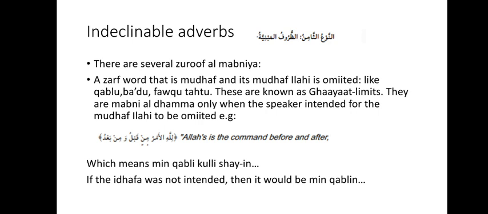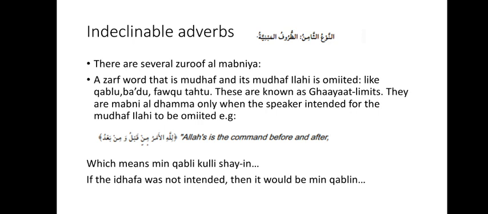But when a zarf word is mudaf and its mudaf ilayh is omitted, like qablu, ba'du, fawqu, tahtu, and these 4 words are known as the limits, ghayat, they will be mabni ala dhamma. And this is only when the speaker intended for the mudaf ilayh to be omitted. So for example, in the Quran verse lillahi al-amru min qablu wa min ba'du. So here min comes before qabl, but we read it qablu and not qabli, and likewise we read min ba'du